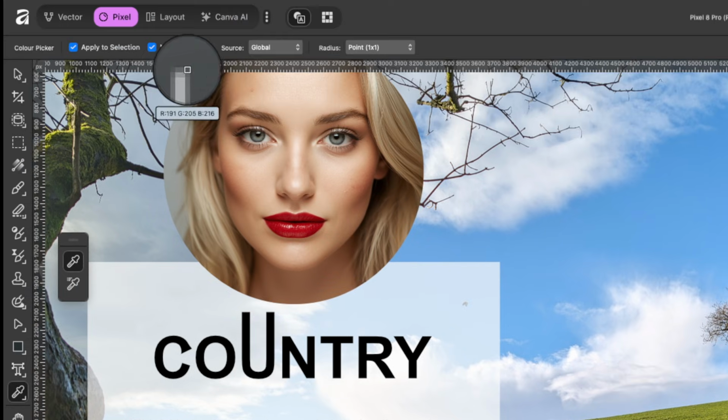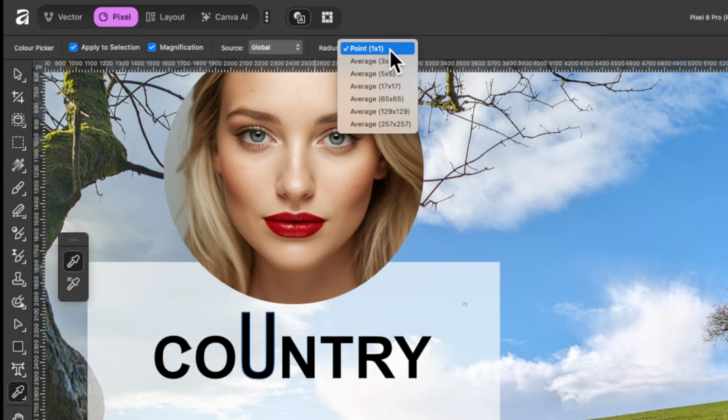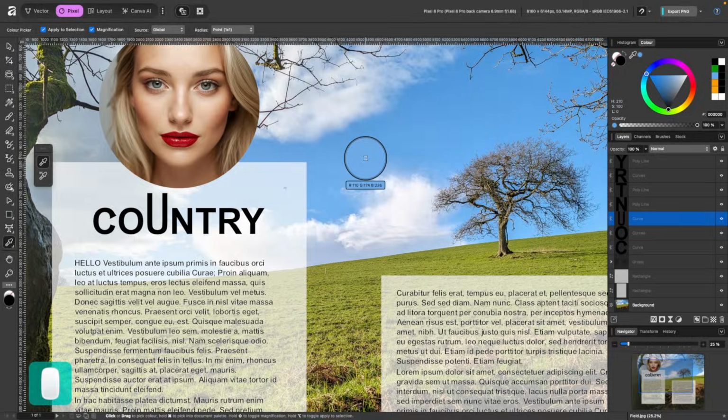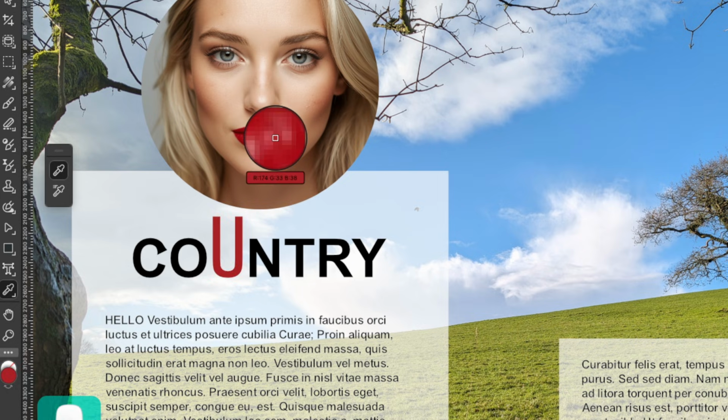And you can see magnification is on. This is this magnifier you see here. And the source is where do we take it from, globally or just the current layer that's selected. So I'll keep it on global, and of course you have radius. This is your sample area, so I'll just leave it on 0.1 to 1, but you can see all the other options there. So very simple to use. I just go ahead and select whichever green, and you see it's automatically applied it. I can use it on the blue and just keep clicking around like this. There we go.